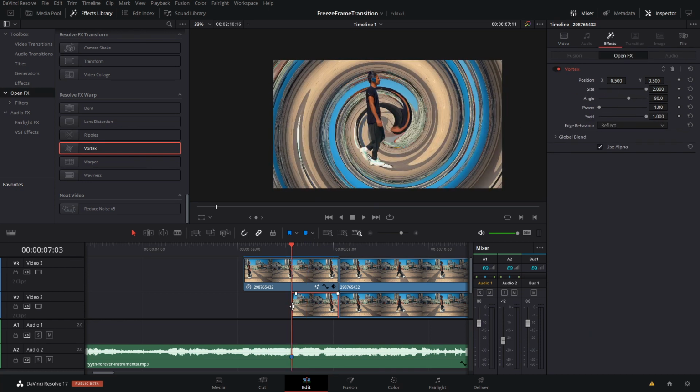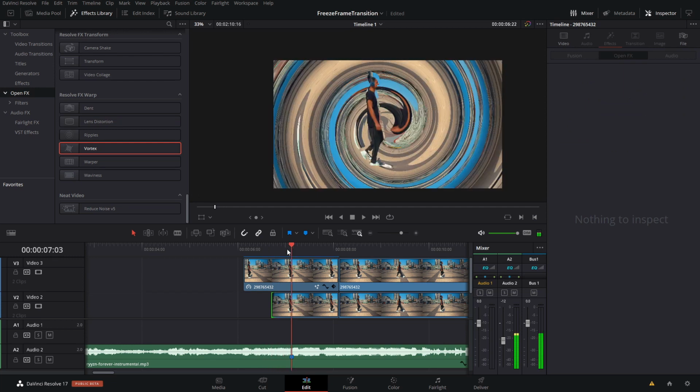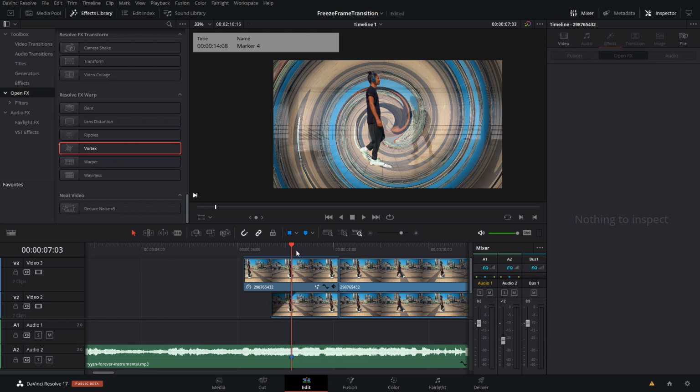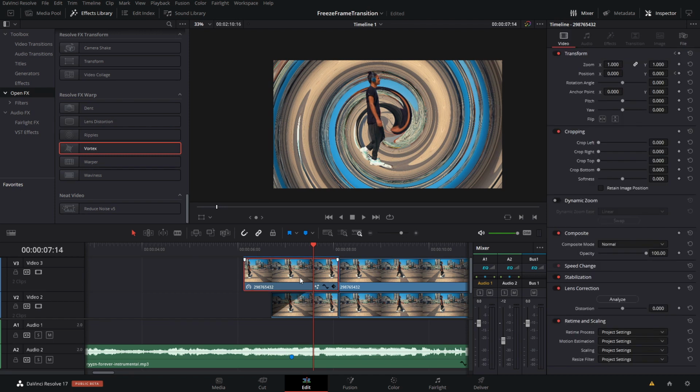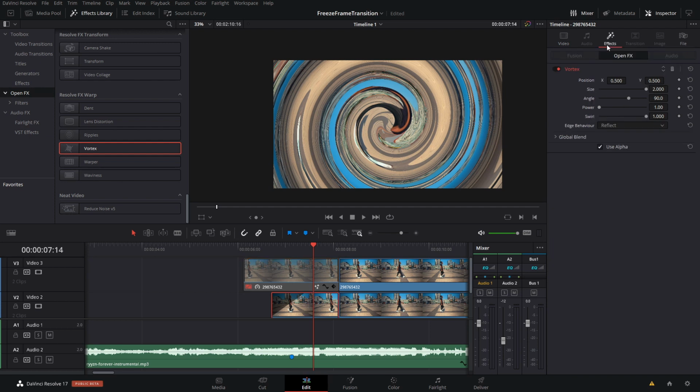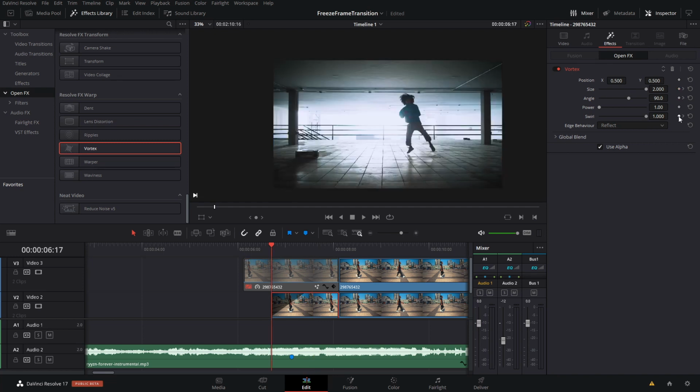So what we're gonna do is our dude is gonna get into frame here, and we're gonna fade these in, but also animate our vortex at the same time. So if I deactivate our other guy right here for now, so we're working with this one, we're gonna go to the effects here, and then we're gonna animate the swirl and also the size and the angle probably at the end too. And actually that's how it's supposed to start. We want it to end,